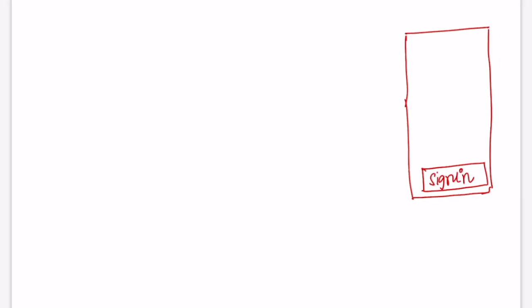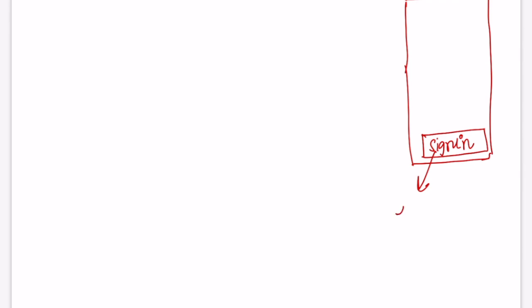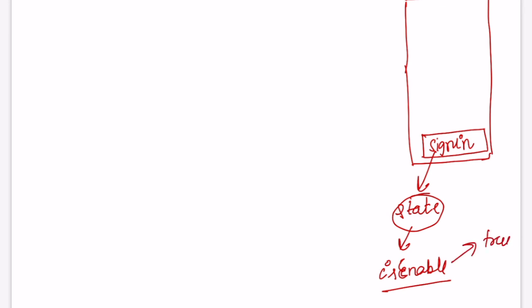Here we have this button called Sign In. So this Sign In button contains a state. What kind of state? isEnabled. If isEnabled is true, then the user can press on this and trigger the API. It means this button will be enabled. If it is false, it is disabled, because this state is false.